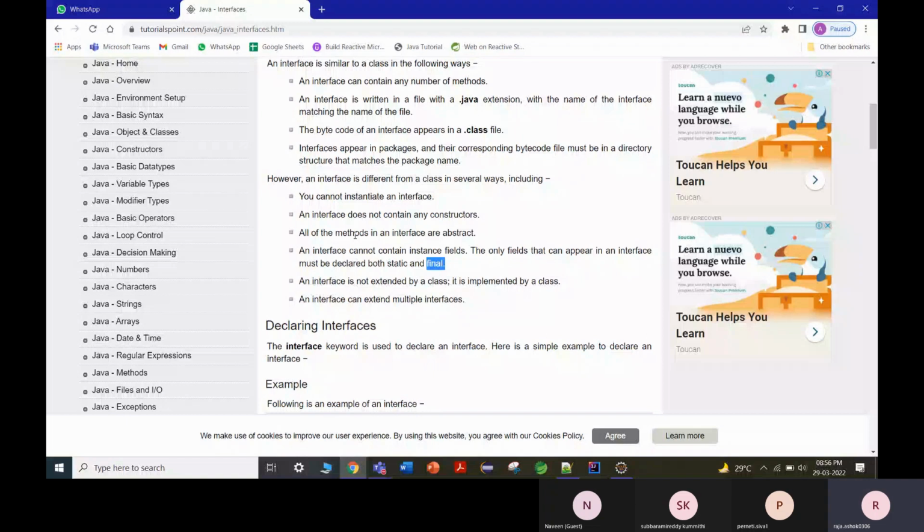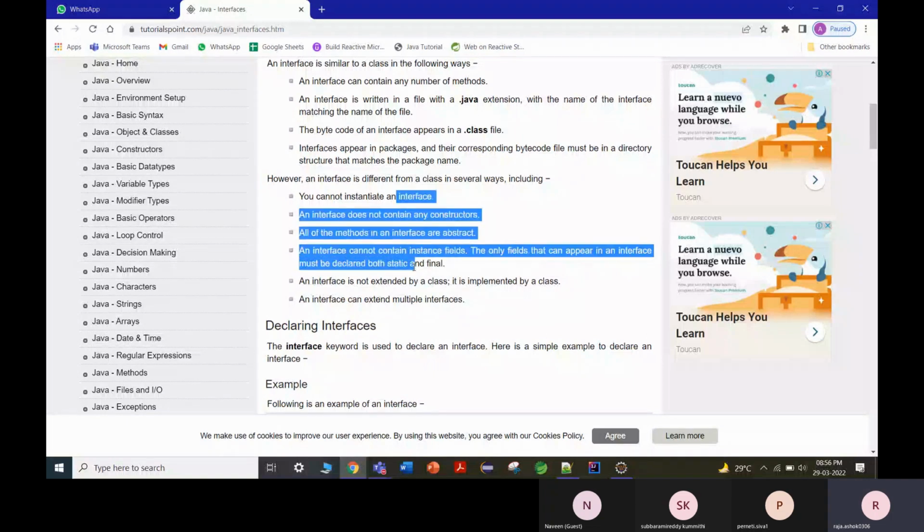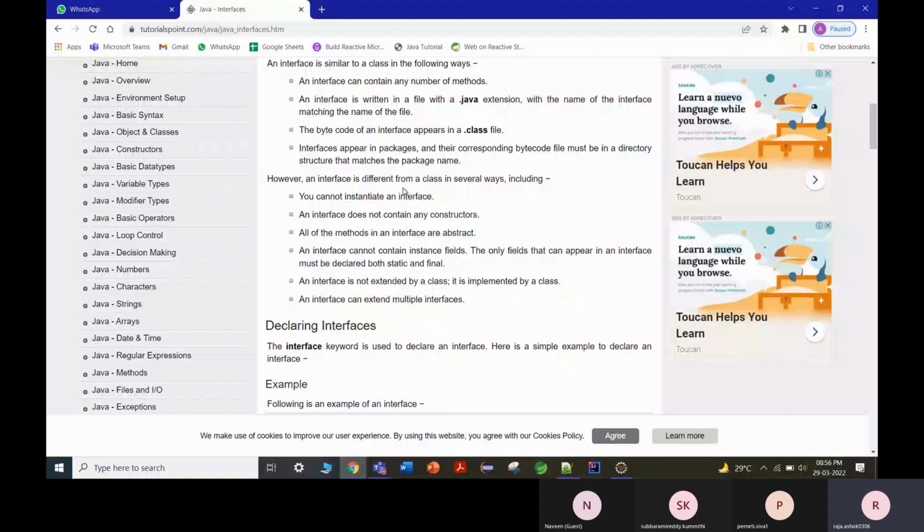These two are the most important. These four, not only four, all these points are most important points with respect to interface. First is we cannot create an object for an interface, second is we cannot create constructors, third is all methods are abstract,